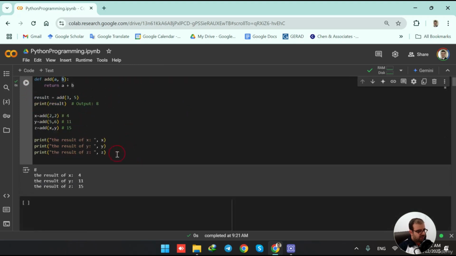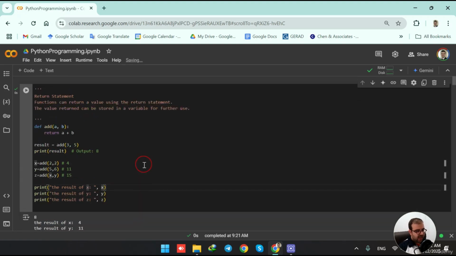So when I run this code, I see the result of x. Here I'm printing out the output of x, y, and z. The result of x equals 4, which we expected. The result of y equals 11, which we expected. And the result of z equals 15, which we expected. So this is how we can have a return statement in a function to give us some output of the function,